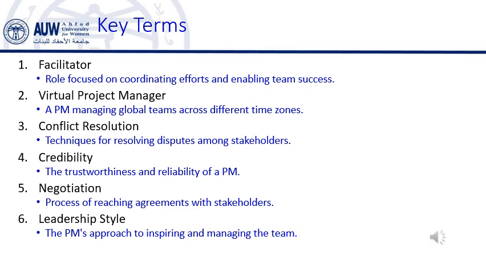4. Meetings, Convener and Chair. A convener is the person who arranges and organizes a meeting, while the chair is the person who leads and directs the meeting. In project management, the PM often takes on both of these roles. The PM must organize meetings to discuss project updates, resolve issues, and make decisions. As the chair, the PM must ensure the meeting stays on topic, is productive, and results in clear actions.